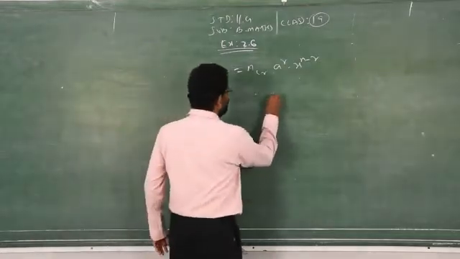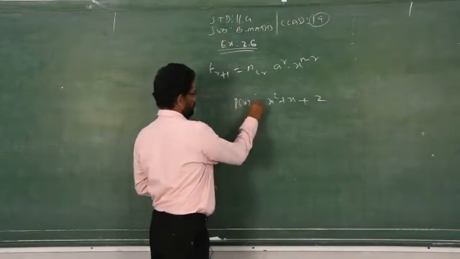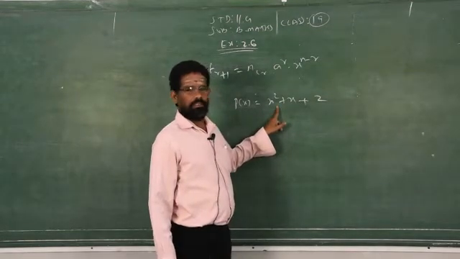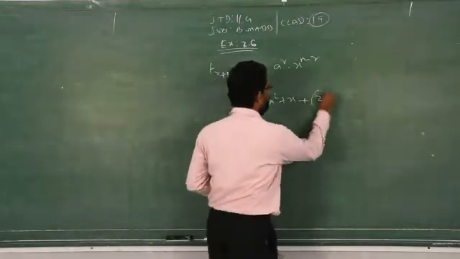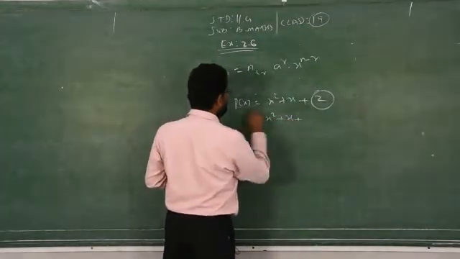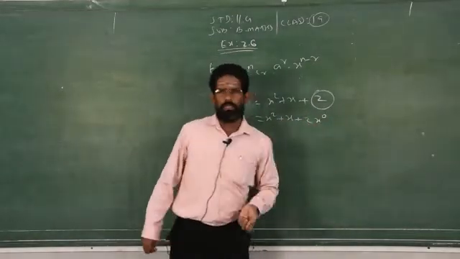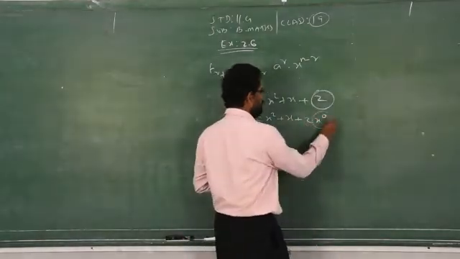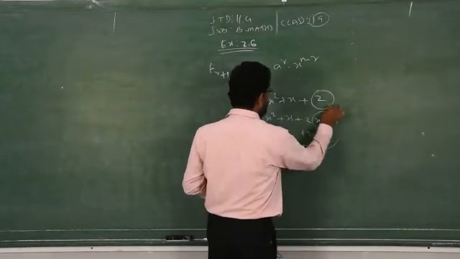If I define x square plus x plus 2, see the polynomial. Only two terms have the x variable. But what about the last one? There is no x term, therefore this is called the independent term. You can write every term in terms of the variable x: you can rewrite 2 as 2 into x power 0, because anything power 0 is 1. So we write straight away 2.